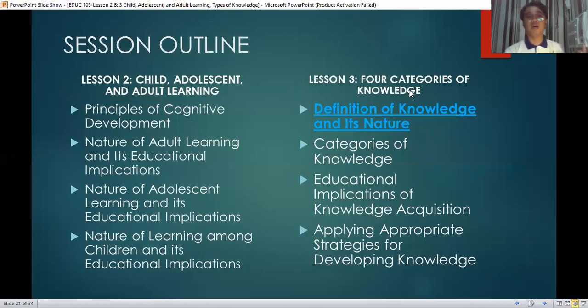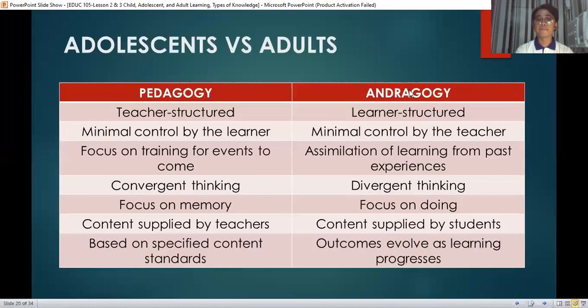Okay, so that will be all for our first part of the discussion. That's lesson 2, the child, adolescent, and adult learning. So the lesson here is that you should differ your strategy. You should differ your approach as a teacher when dealing with a child, with the adolescent, and adult